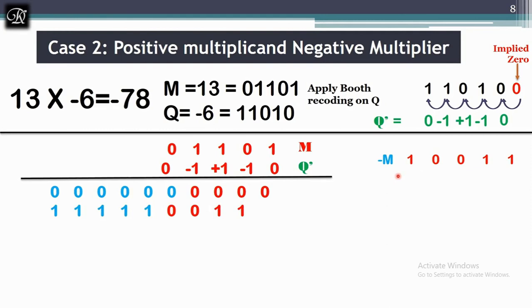Next, multiply this with the positive value, +1. So m remains as it is. And now what did I get? 1 1 0 1, and the sign bit is 0, so the extension is zeros. Next, again -1, the same answer will come, but the number of bits will be reduced. So I got 1 1 0 0 1 and the sign bit is 1, so the extensions will be 1 1. Next it is 0, so if I add 0 over here, then find the final product.